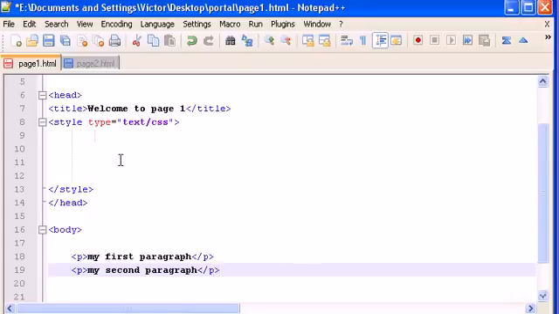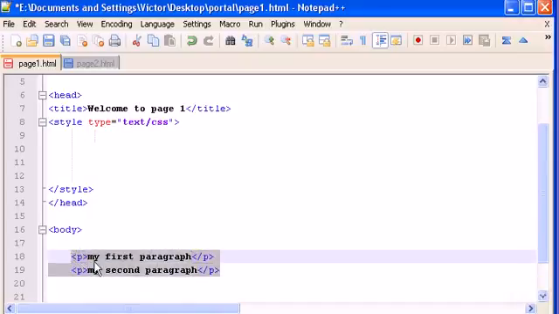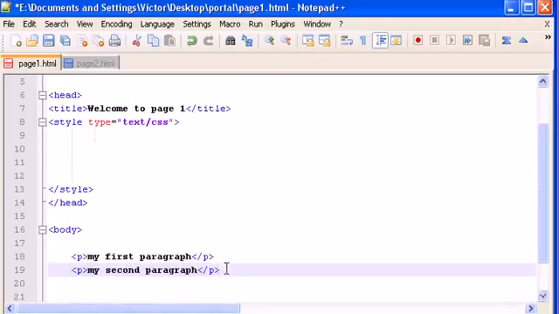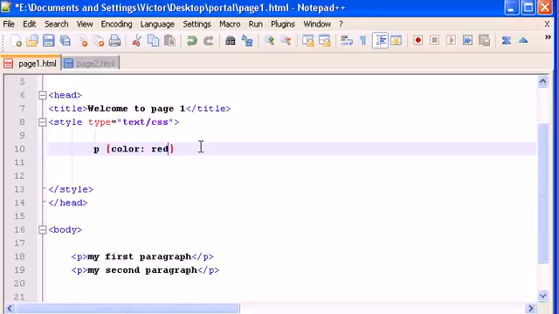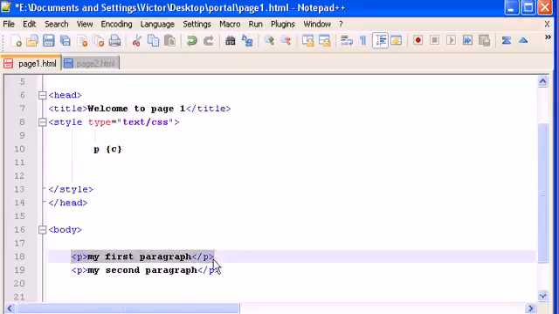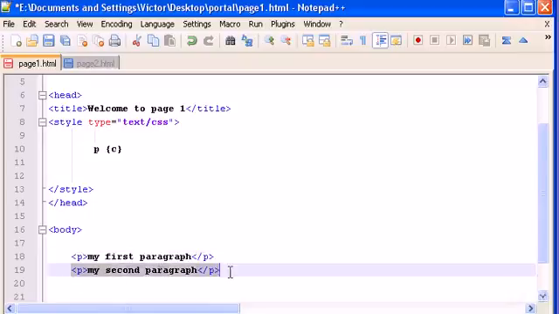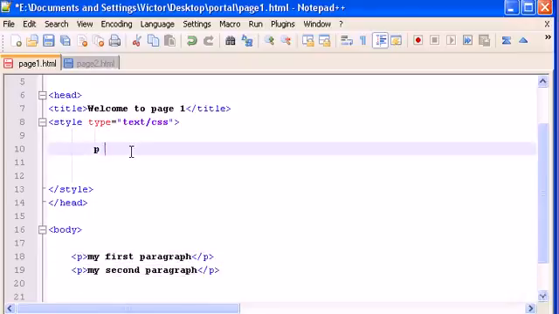so you already know how to change, if we wanted to change the color, let's say color red. Okay, you know how to change all the content inside p tags to red, right? We should type the p selector and then color red. But what about if I want a color red for the first paragraph and a color blue for the second? I would have to